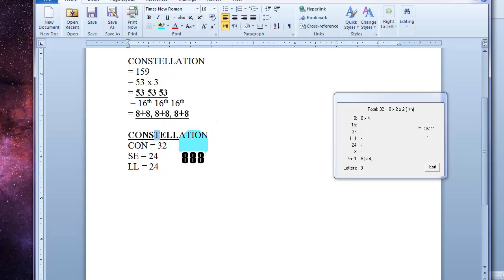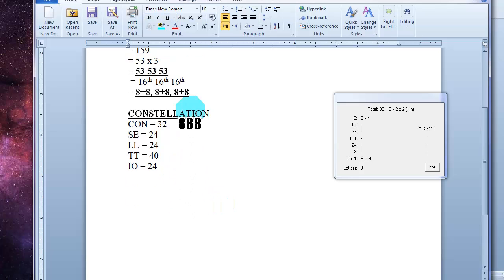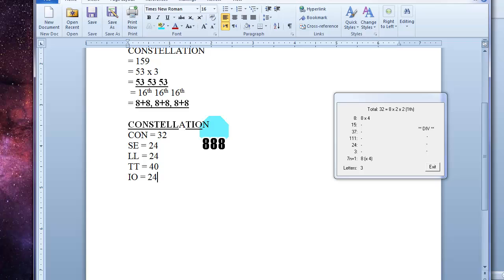Well, now we've got 2 T's, okay, which make 40. Oh, and I've got shorthands galore to save me time typing a variety of things. I and the O, very common in the English language by divine ordinance, equals 24, triple 8. And then, of course, the final letters, the N and the A, are 15, but they bump up this grand total to this perfectly gorgeous orchestration, which is our triple of 8s, just like that. So it's genius beyond reason. All this to say is it's perfectly and totally and completely mathematically genius beyond reason for the glory of one person. Jesus equals 8 at 8.